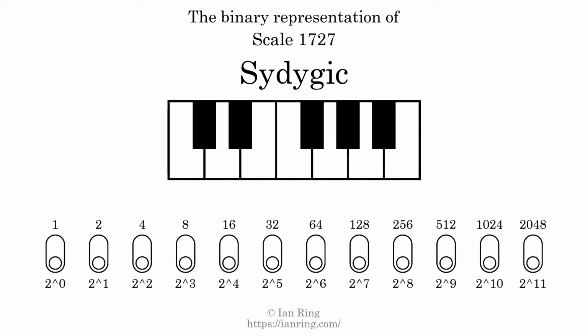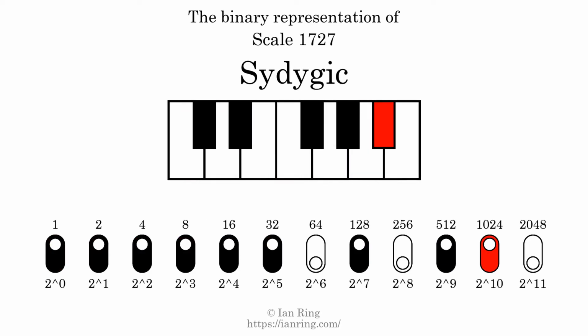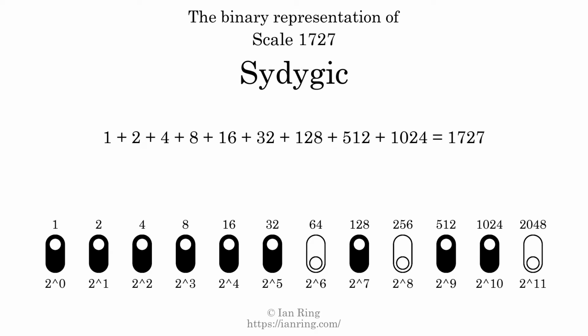The binary representation of this scale is determined by mapping tones of the scale to binary digits. Each binary digit represents a power of 2. To get the scale number, we add the powers of 2 together. The powers of 2 that are present in the scale, all added together, equals 1727. That is why the scale number, in decimal, is